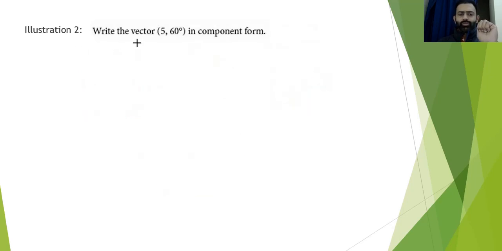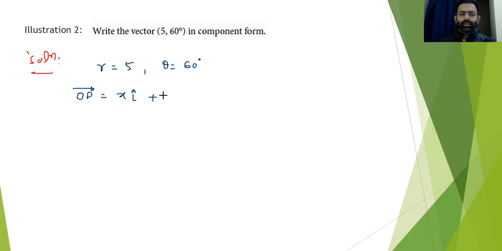so here we have to write the vector in component form. Now the magnitude and theta form is given, angle form is given, we have to write in component form, means i and j cap form, right? So here what we will use is we will go in reverse, that we have been given the value of r, which is 5, and theta is given as 60 degrees. Okay, so let us assume that we are talking about a vector OP